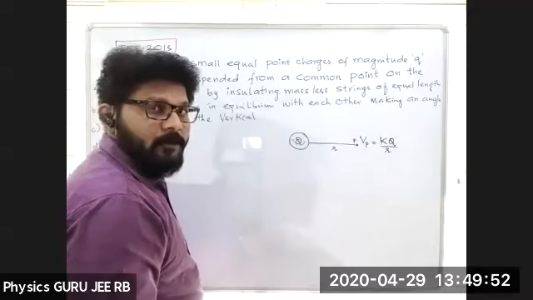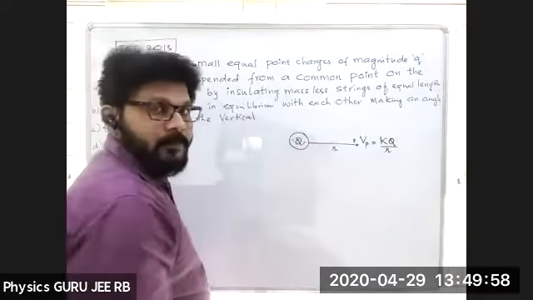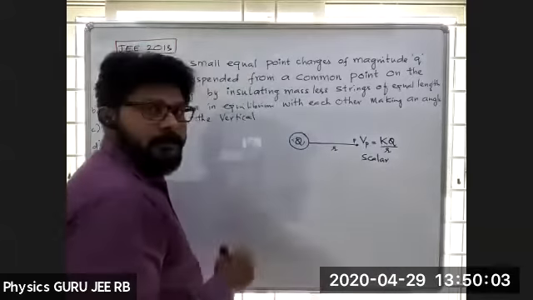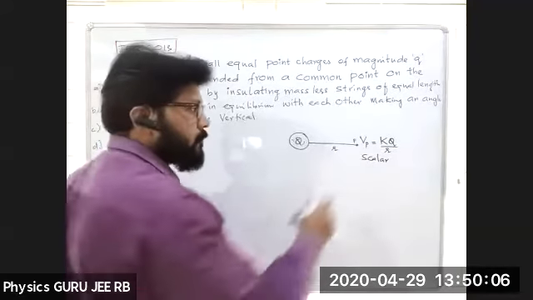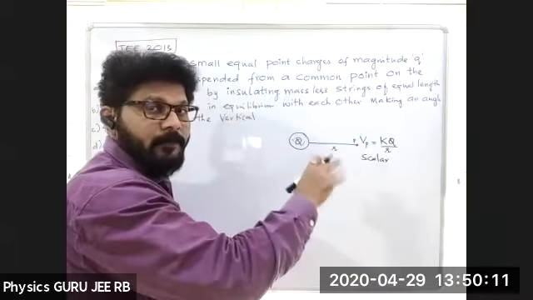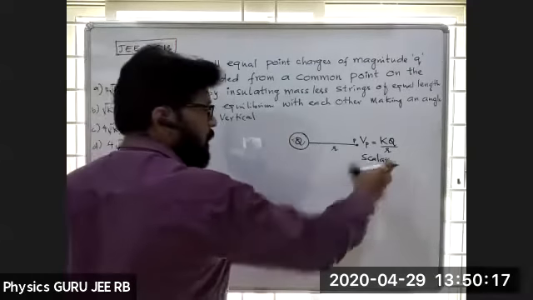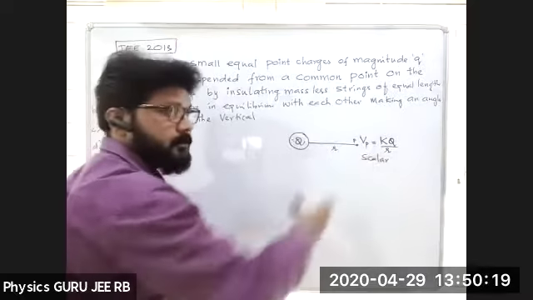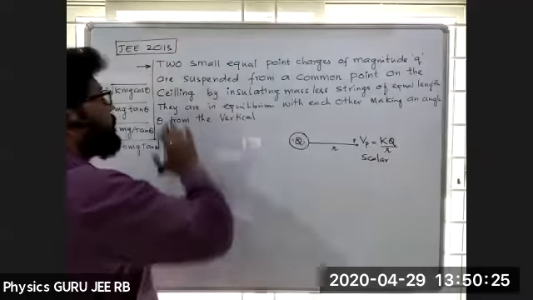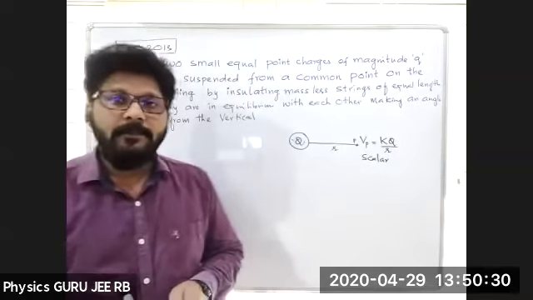Is it a scalar quantity or a vector quantity? Scalar quantity. So if you take Q for a positive charge, it is positive; for a negative charge, it is negative. Based on this idea we derived this formula in the previous classes. Now, in JEE 2013, one question is given which mixes different concepts.